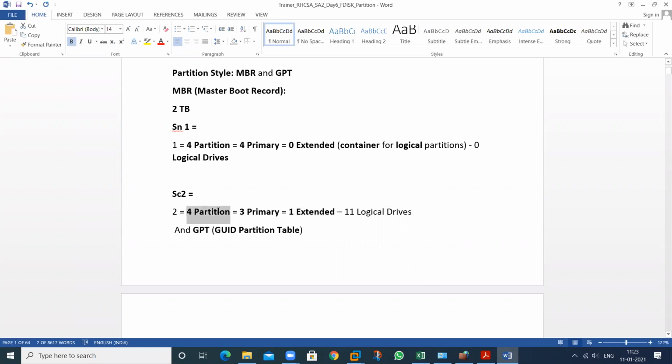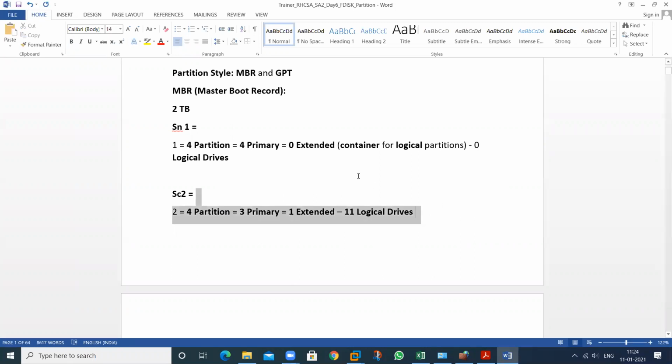So if anyone asks how many partitions you can create in an MBR, just 4. But if I want to use more than 4 partitions, we should have 1 extended partition. In this extended partition, how many logical drives can we create? 11 logical drives. So this is about the MBR.